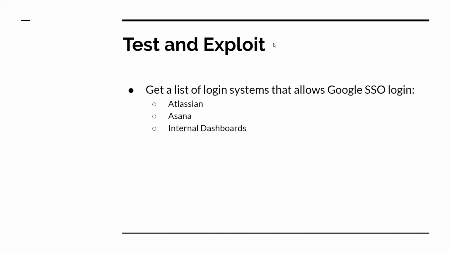Another was internal dashboards. A lot of people have seen these dashboards when you usually do subdomain analysis on companies. So you'll see systems where it says, please log in with @company.com in Google or something. And that's what we decided to target. That's where GitLab was mostly vulnerable, because we couldn't find their Asana, and GitLab obviously didn't use Atlassian. They have their own instance on gitlab.org. So we were kind of bummed out that we couldn't find anything on GitLab. So we decided to go through cert.sh and we started looking at all their subdomains.